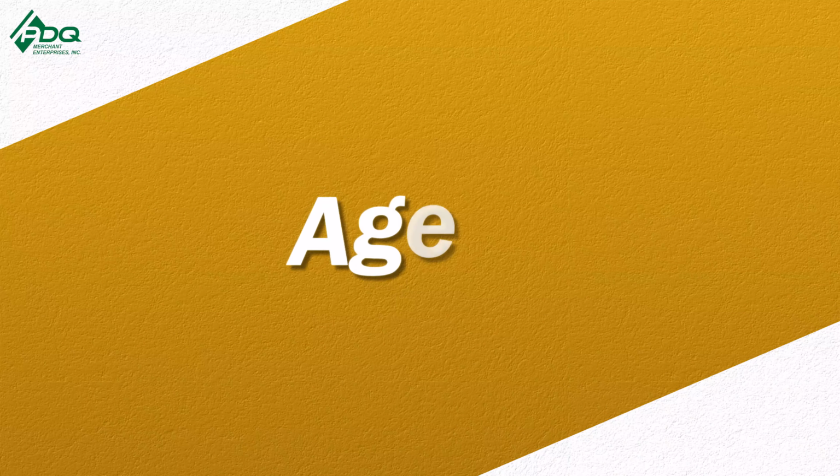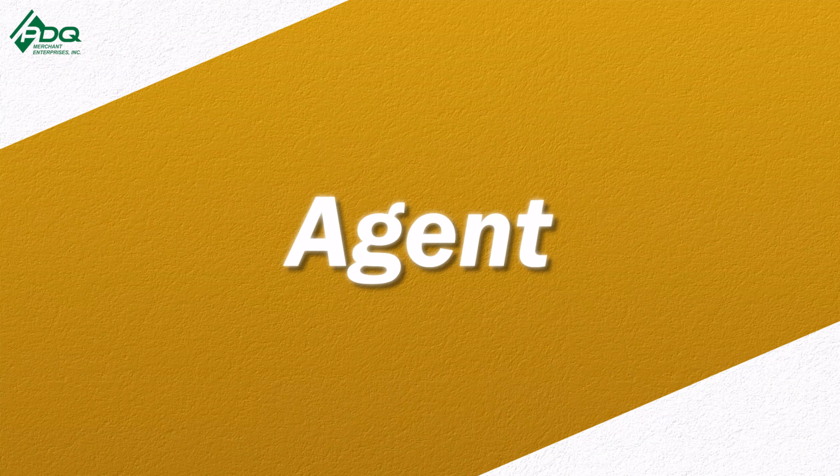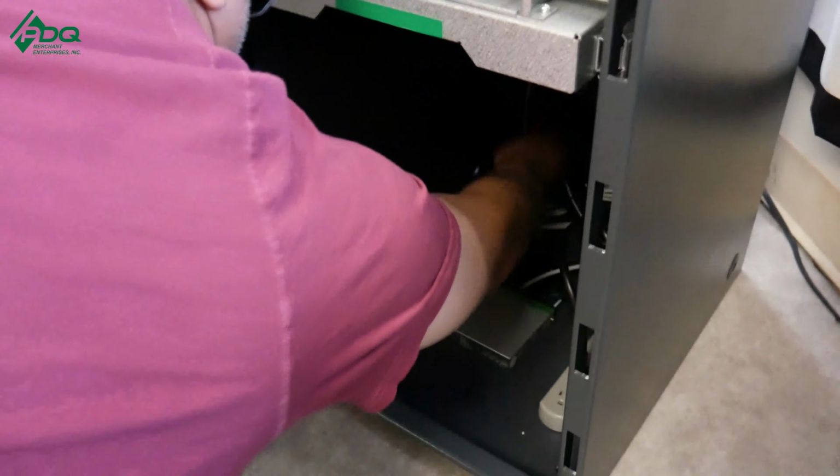All right, so we're going to jump right into it like we always do. We got 5. Here we go. Number 1, agent. So what's an agent? An agent is usually a person who owns the ATM and places it into the location. We'll call them an ATM business owner, but they are now an agent. They're usually under an ISO.